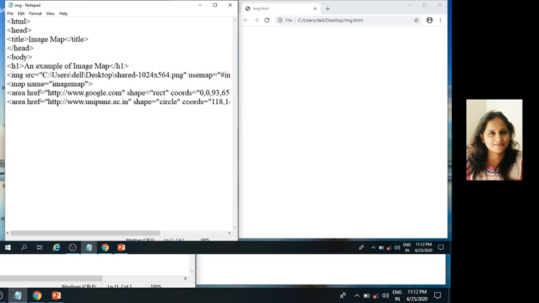Then area href is equal to http://mahahscboard.in. Shape is equal to poly.